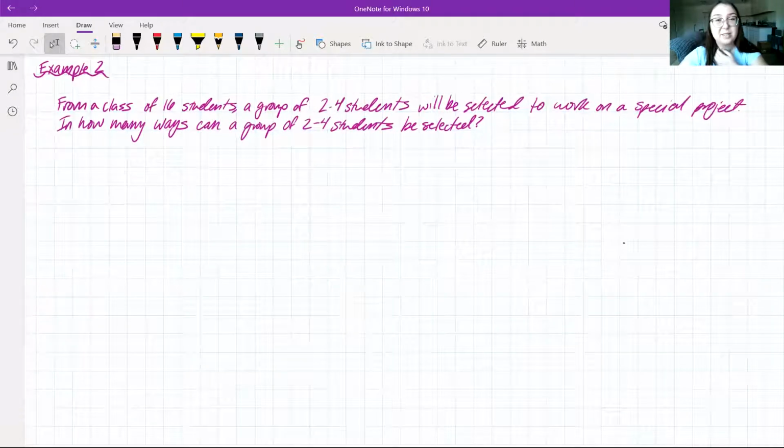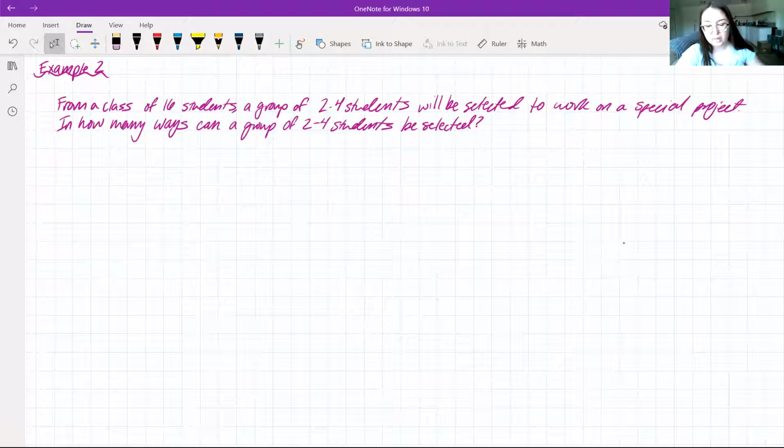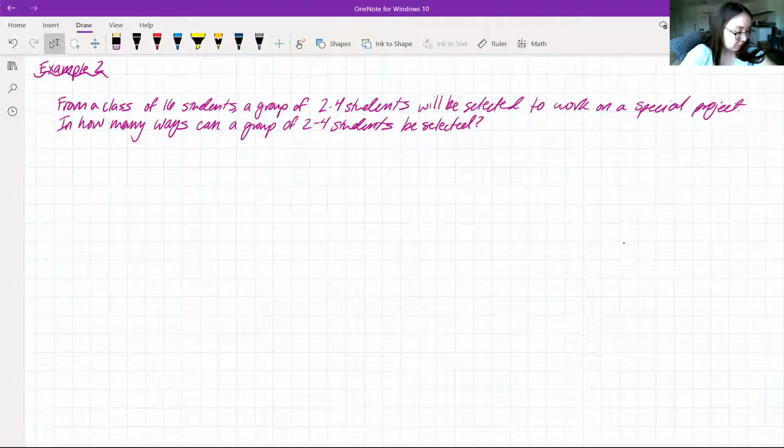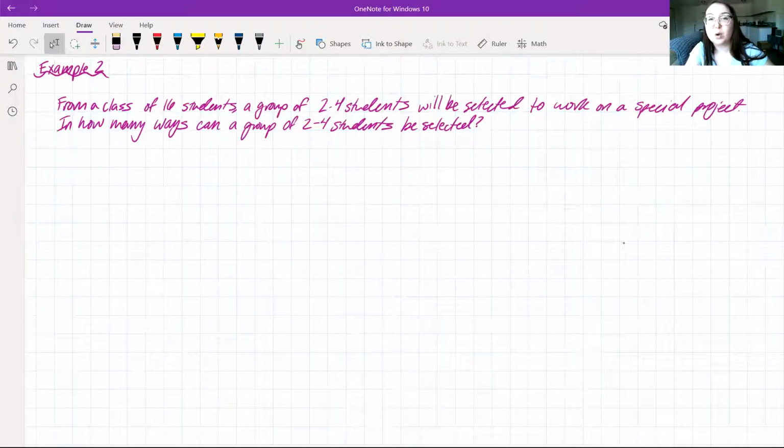All right, so moving on to example 2. We have a class of 16 students, and a group of 2 to 4 students will be selected to work on a special project. In how many ways can a group of 2 to 4 students be selected? If we're thinking about this problem, it is similar to a problem that we had in our last section where we said no more than 4. By no more than 4, we meant 1 or 2 or 3 or 4. So in this case, we're thinking of a group of 2 to 4 students,